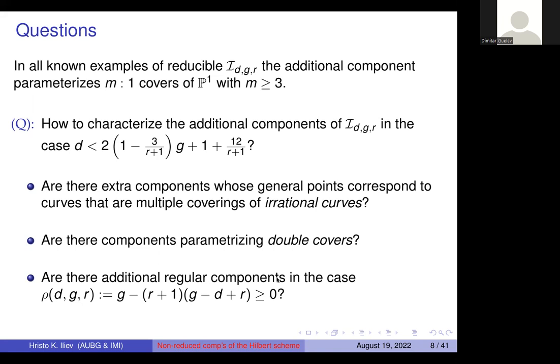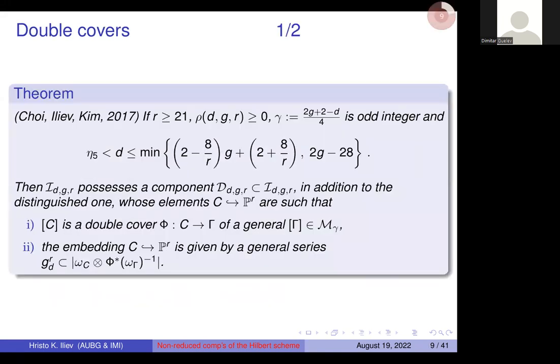And indeed, some other questions, including whether there are additional regular components in the case of the so-called Brill-Noether number being non-negative, as in this case the scheme has the so-called distinguished component, which dominates the moduli space, and some additional questions. Our first result